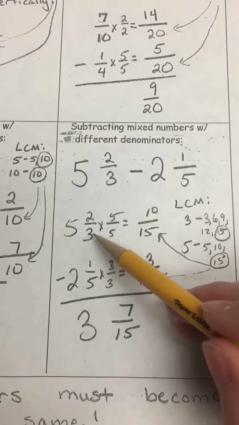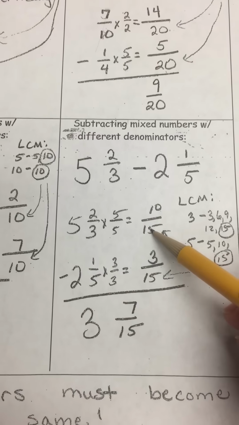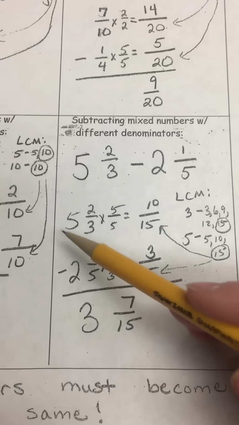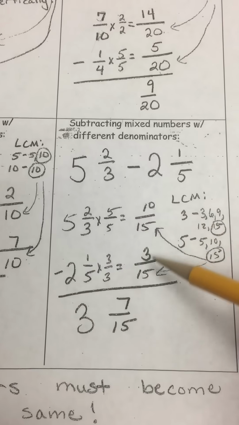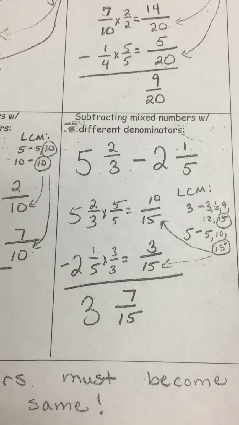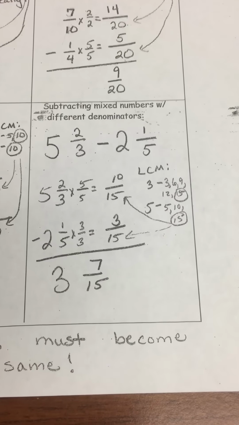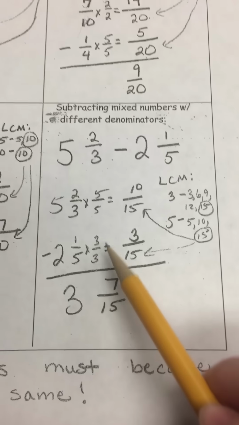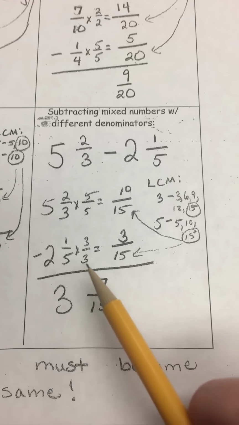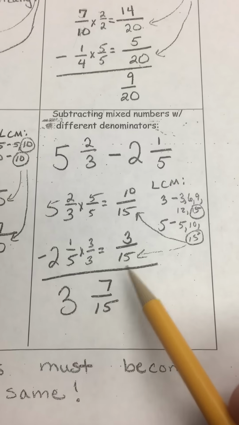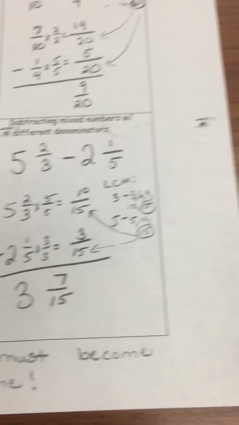I converted my fractions and then subtracted my whole numbers and my fractions at the end. Some students are still having just a little bit of trouble with this step right here. So I just want to show you one or two more examples of how to complete a pair of equivalent fractions. So let's say I have the fraction